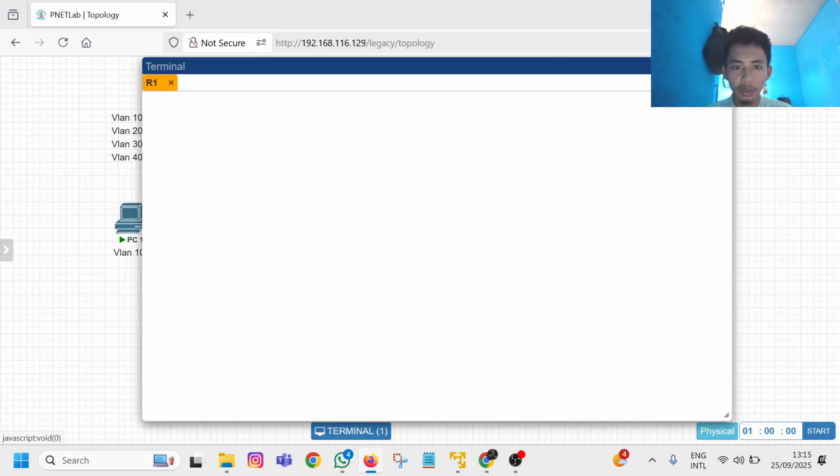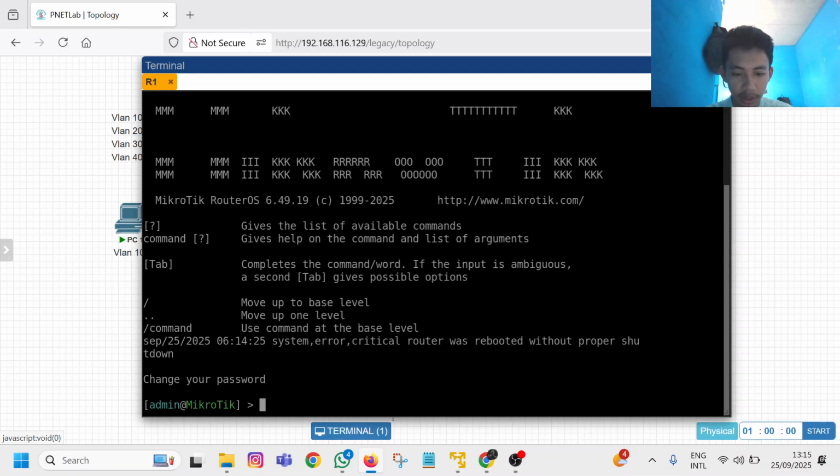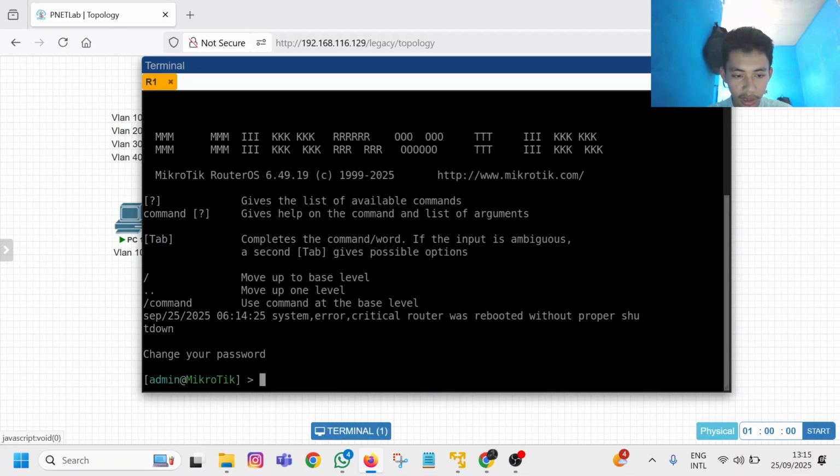First, before you start your connection or any configuration, you need to name your routers. I'm gonna name my router first like this.